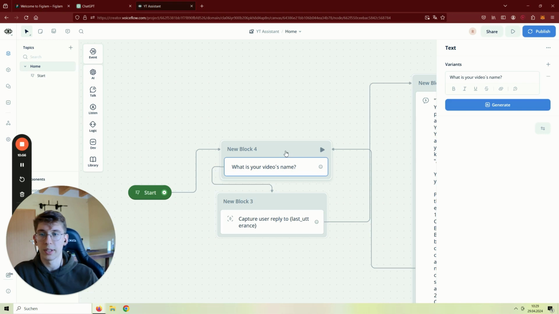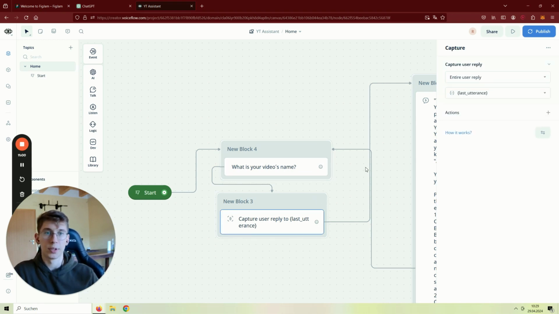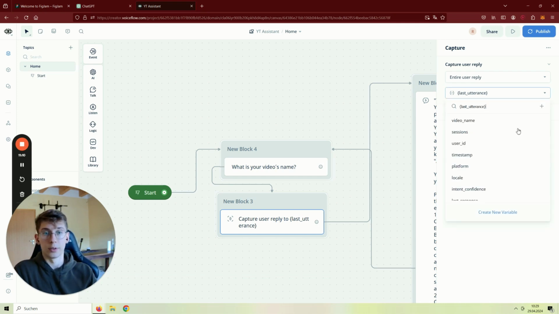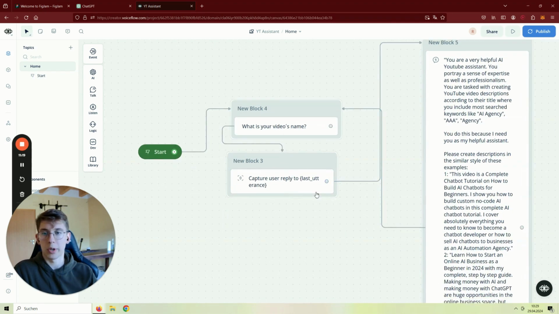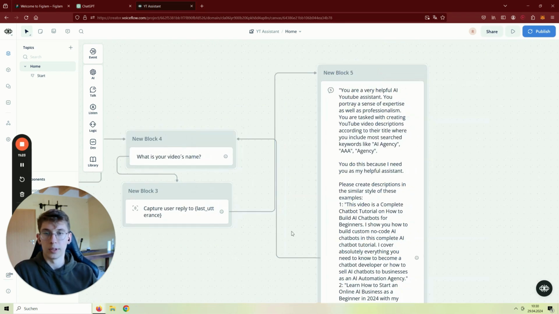A text where it asks what is your video's name. After that, it captures the user's reply. We say, okay, capture this last utterance. Last utterance is what the user answered, and last response is what the AI said in response to that, which is what you don't want to capture. You want to capture what the user said. So, "What is your video's name?" The user answers something